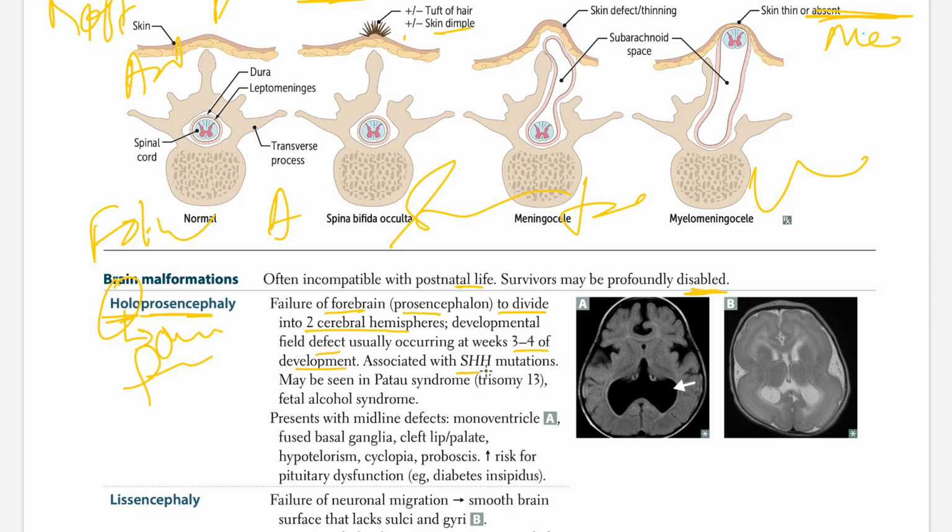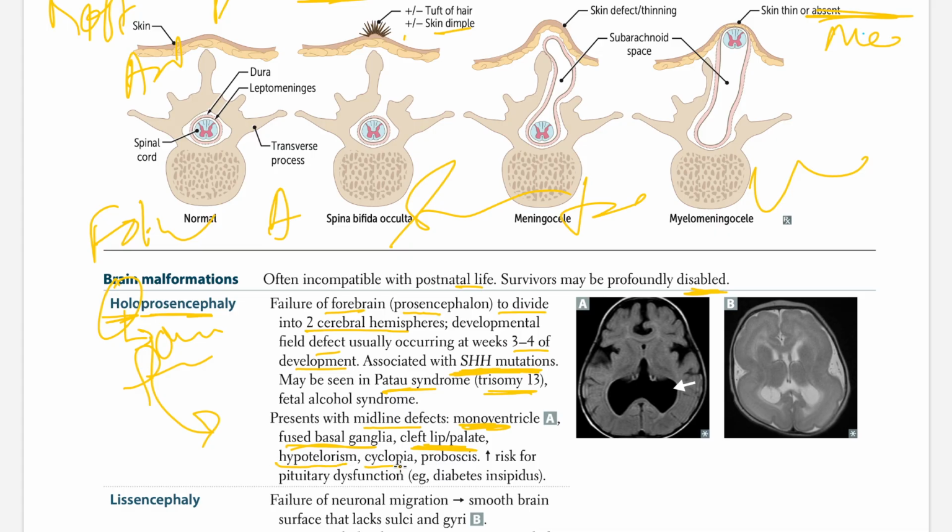It is associated with SHH, Sonic Hedgehog mutations, may be seen in Patau syndrome, high yield. Patau syndrome, trisomy 13, and fetal alcohol syndrome. Okay, how is this patient going to present? It's going to present as a midline defect. 1 ventricle, which is monoventricle, picture A, fused basal ganglia, cleft lip or palate,